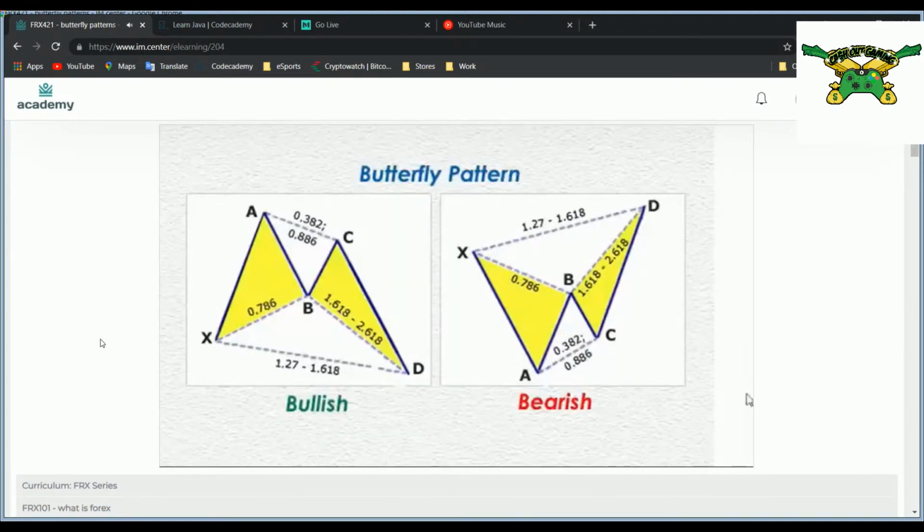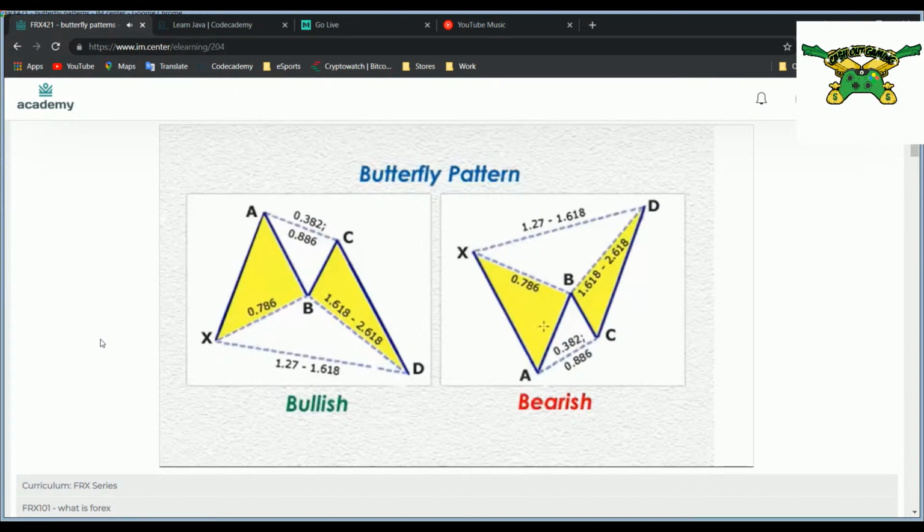In this example, we will look at the butterfly pattern, and instead of looking at the bullish pattern, we're going to look at a bearish pattern. The butterfly pattern is also an XABCD pattern. The difference with this pattern as opposed to the other ones we had looked at is that the X